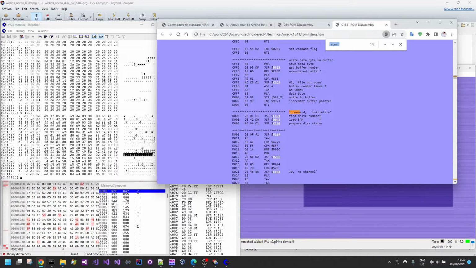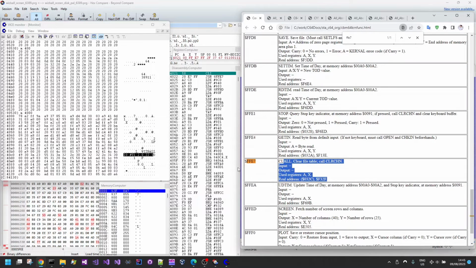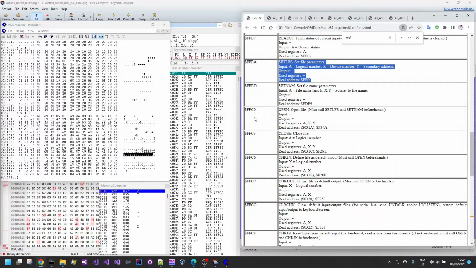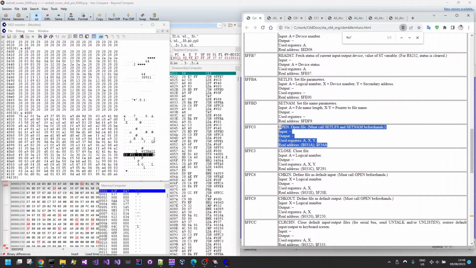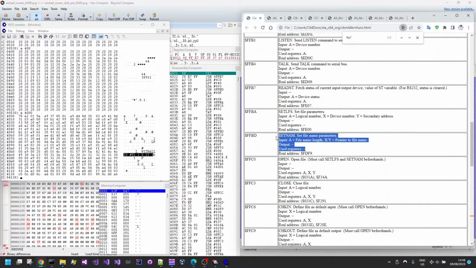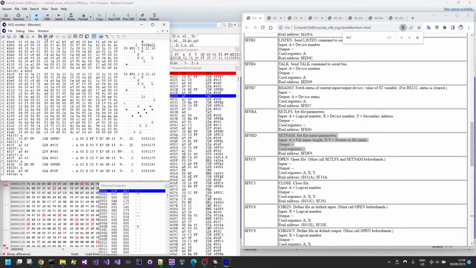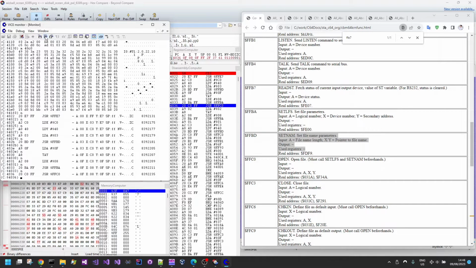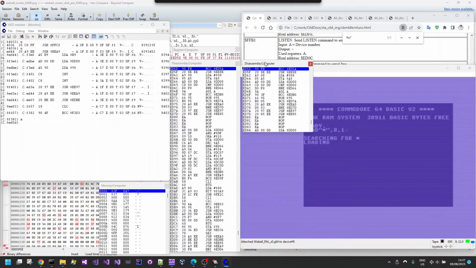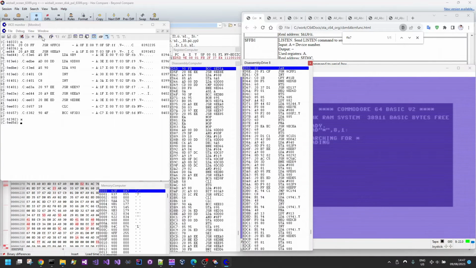I command is initialize, so it reinitializes the drive. FFE7 is clear file table. FFBD, FFBA, set name, set LFS, standard stuff. Looks like it's actually preparing to send the U1 command at this point. Doesn't open file. FFC0 is open. FFBD, set name, just to make sure. Initializes the drive first of all, of course. Set FS, open. Now, because I think it's running drive code in a short while, I actually want to check